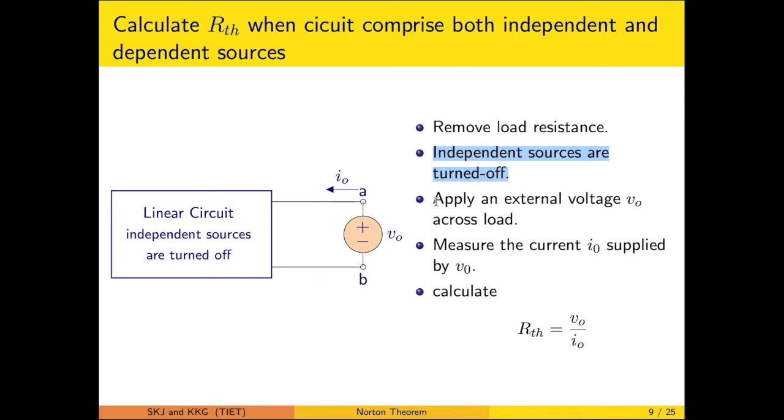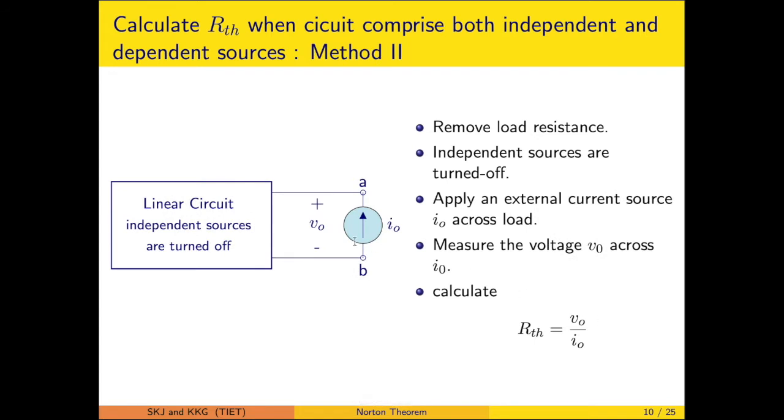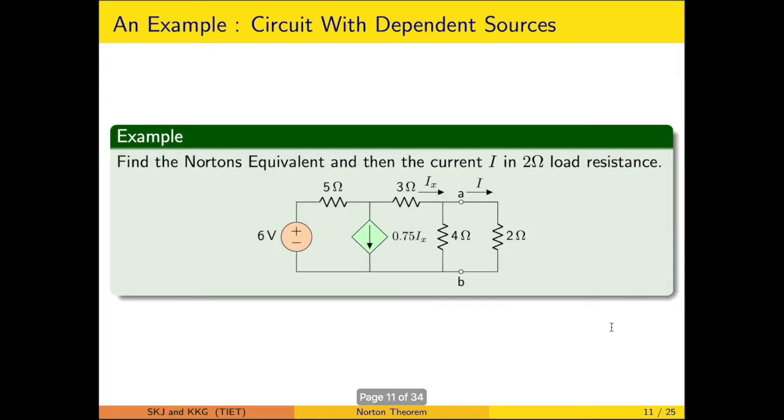So we have to apply the external voltage source. So that particular is done. When the voltage V0 is measured, we will be measuring the current I0 supplied by that external source and calculating the RTH likewise. Another step which is complementary to this: instead of supplying the voltage source, we will have a current source, and when the current source is there, we will be measuring the voltage across this. So ultimately the process is to calculate the RTH, which is equal to V0 upon I0. So this particular process is carried out for this.